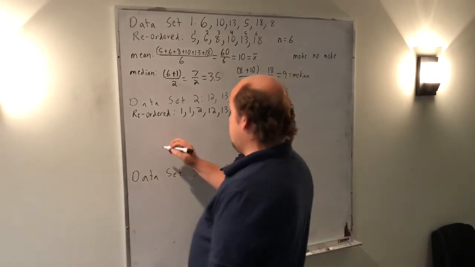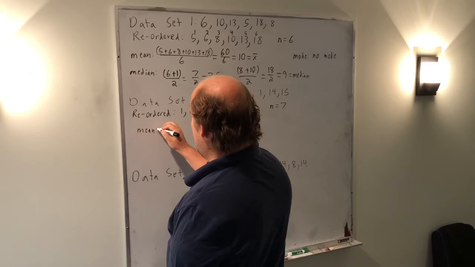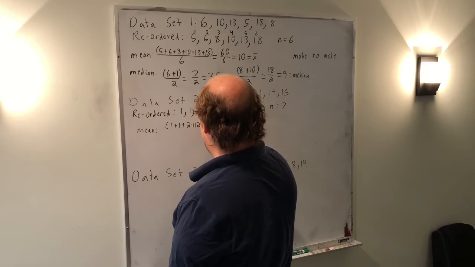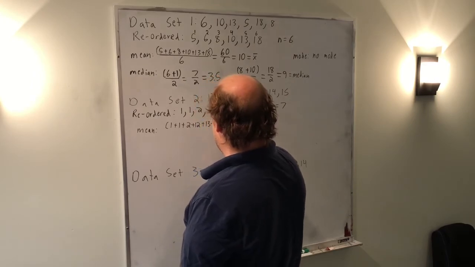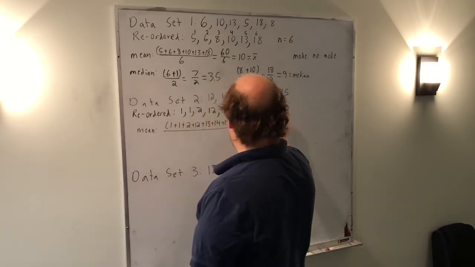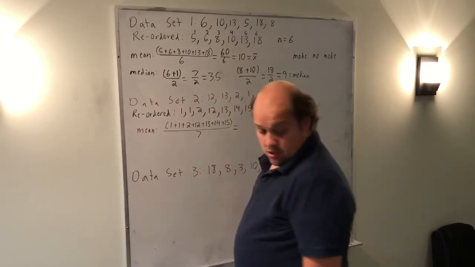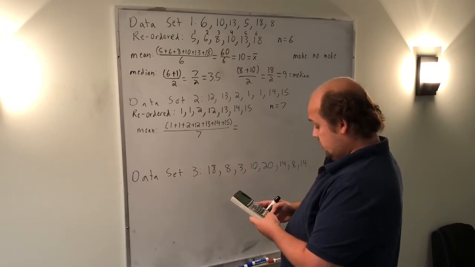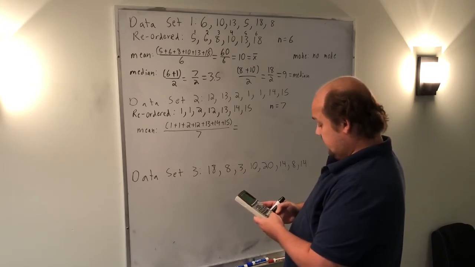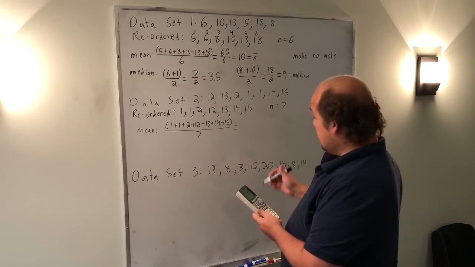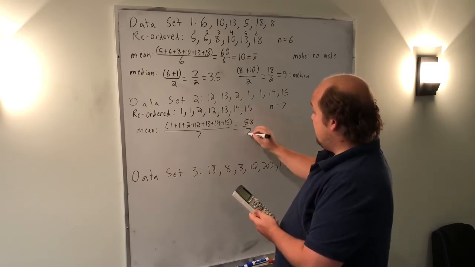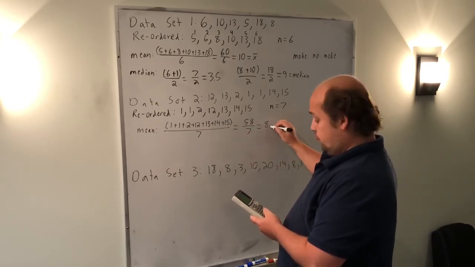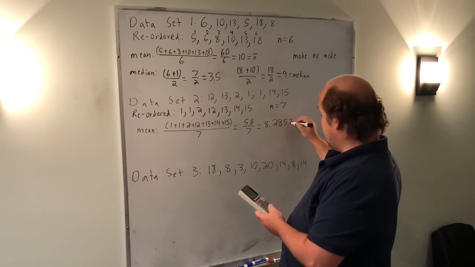I'm now going to calculate the mean. To do that, I'm going to add together 1 plus 1 plus 2 plus 12 plus 13 plus 14 plus 15. I'm going to take that answer, divide by 7. So when I add these all together, I get a total of 58. When I divide 58 by 7, I get an answer of 8.2857,